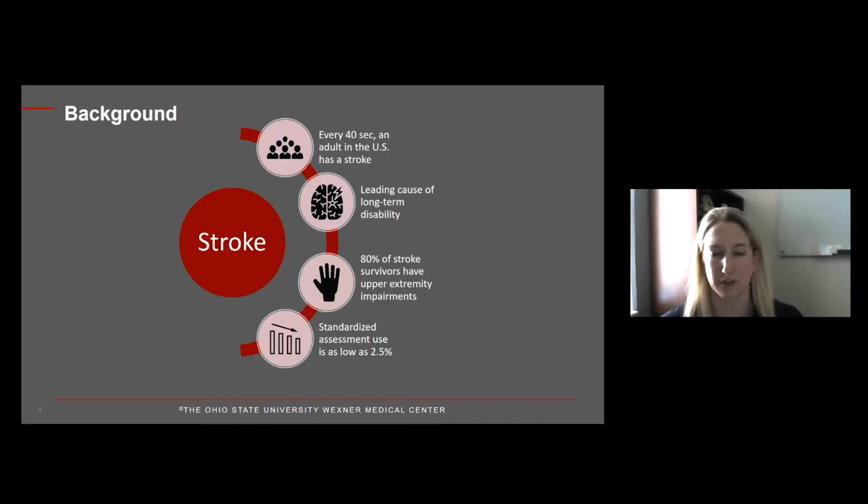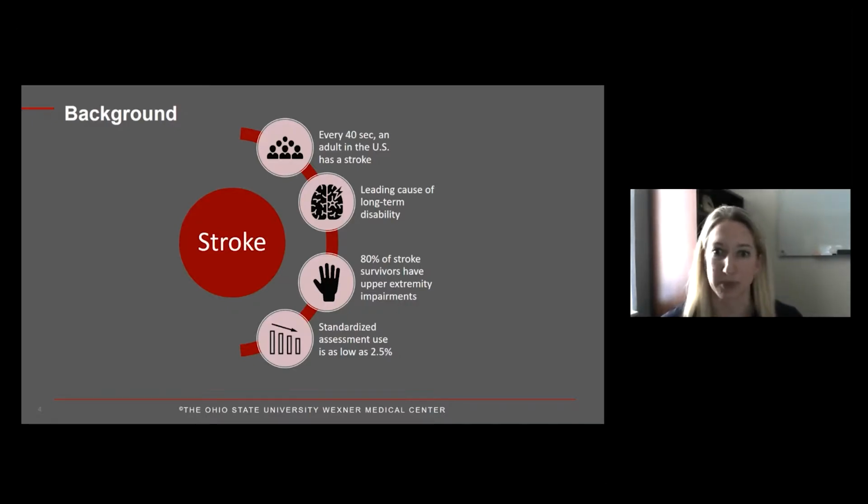So 80% of stroke survivors have upper extremity impairments, and that could be sensory impairments, motor weakness, motor planning impairments, a combination of any of the above. And one might think that just based on that high proportion of upper extremity impairments, OT practitioners, who are often tasked with managing the post-stroke upper extremity, often assess upper extremity motor function through standardized outcome measures such as the Fugl-Meyer assessment, as well as the Action Research Arm Test, which are two standardized assessments that have been widely endorsed for use